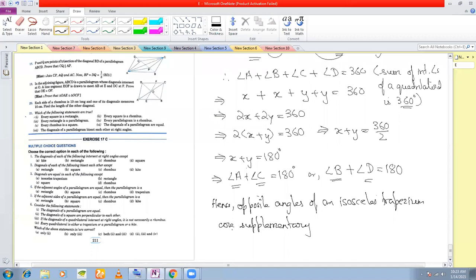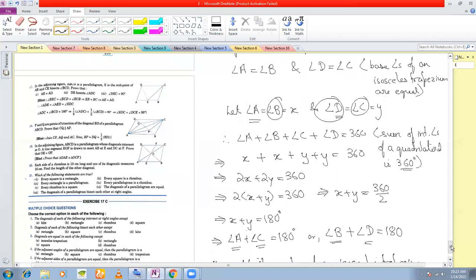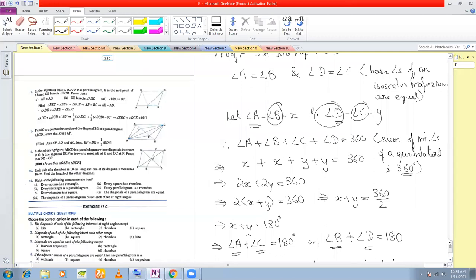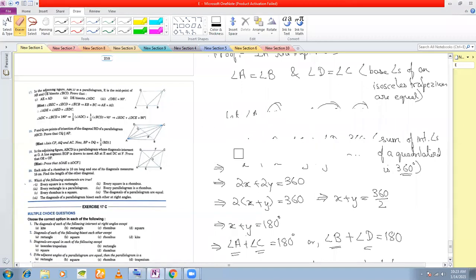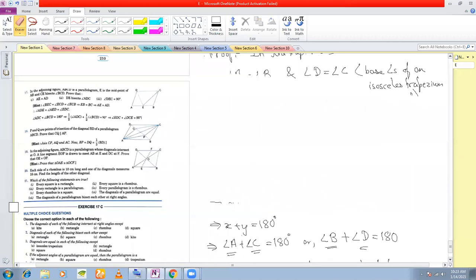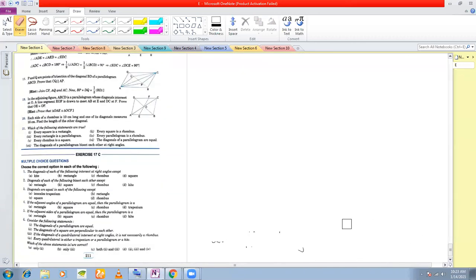Any questions? Fine. No questions. Then I move to the next problem. Now see all the other questions, the questions that I'm leaving out from this exercise, mostly they are out of syllabus except one or two. I've told you which ones are out of syllabus. Like number 19. Number 19 is out of syllabus because you need to prove congruency. Congruency you haven't done. You have done it in class 7 definitely, but the concept of congruency is not there in class 8. So most of the questions which I have left are out of syllabus.